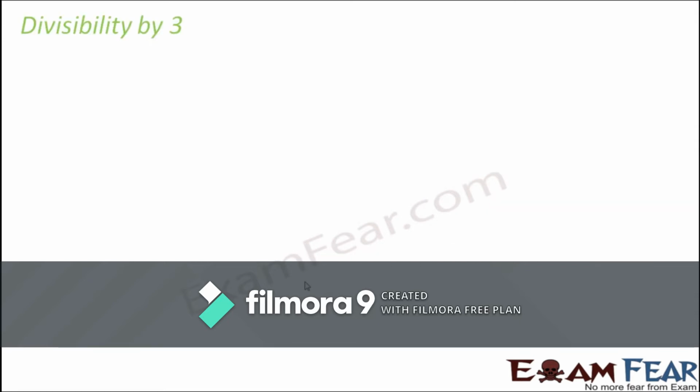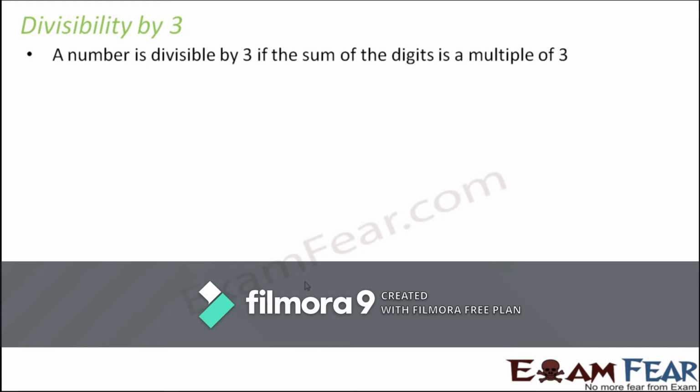In a similar way, we will look at the divisibility by 3. How do we know if a particular number is divisible by 3 or not? A number is divisible by 3 if the sum of the digits is a multiple of 3. That's again interesting. In this case, you really do not need to bother about the number as such. Just add the digits which make that number. And if the sum you get is divisible by 3, or is a multiple of 3, that means the number is also divisible by 3. Again, quite interesting this is.